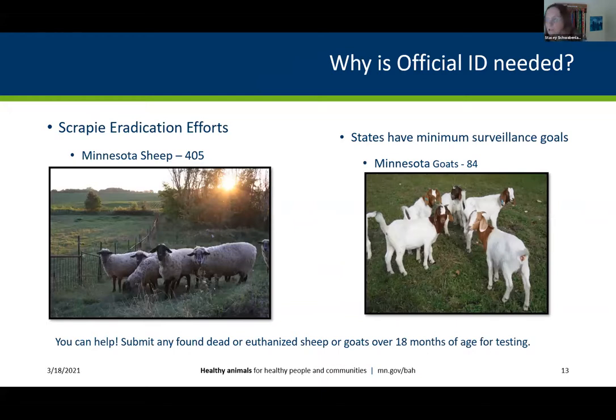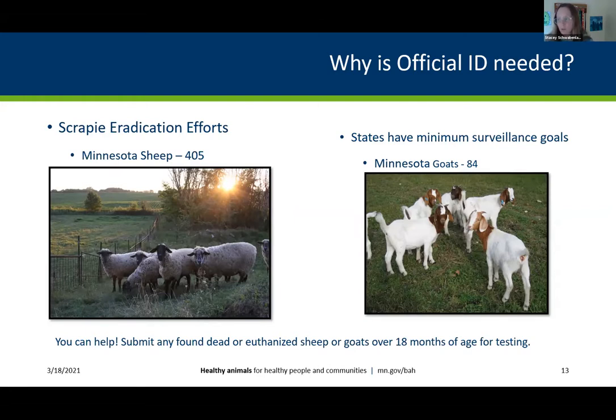So why is official ID needed? Well, we talked about some of the reasons. One of the other reasons is to help with these scrapie eradication efforts. So each state has a number of sheep and a number of goats from their own state that need to be sampled every year for scrapie to help show that we're working towards proving that we do not have scrapie here in the US.